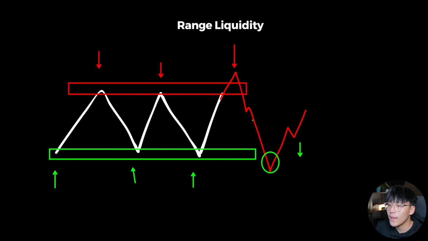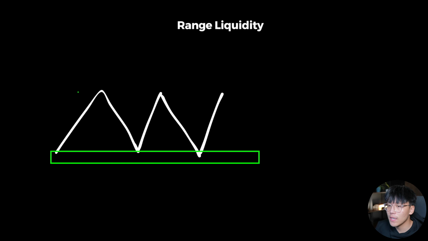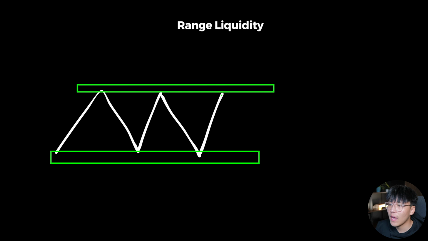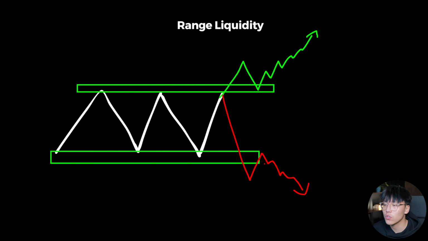The only way I personally play range liquidity is when price creates a high and a low, and what we have is a break above the range with strong displacement, and then we have a retest of this level for that continued push towards the upside. Or if price breaks back underneath the range, right, strong displacement, a retest of this level for a continuation back towards the downside. And the way to look for range liquidity, as I mentioned, is we need a break with